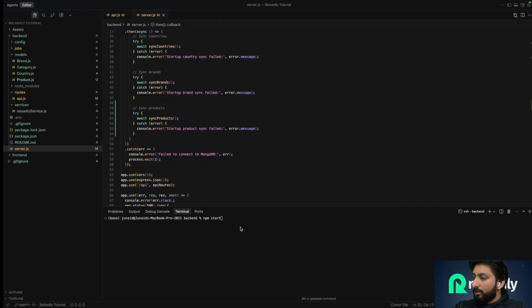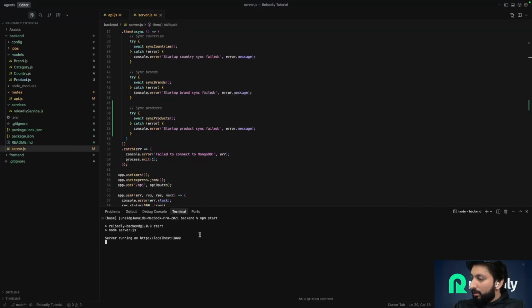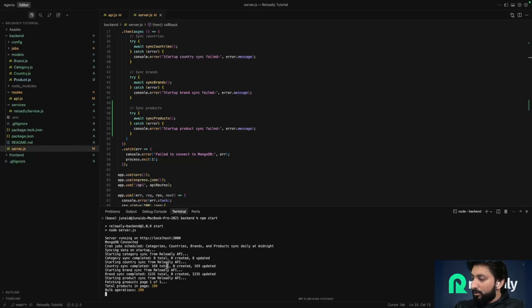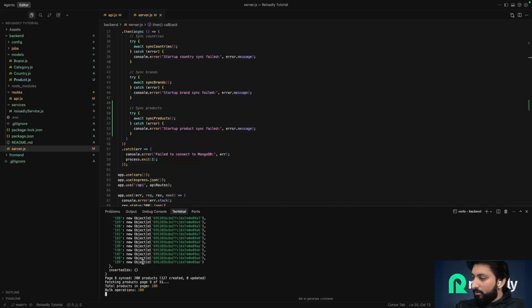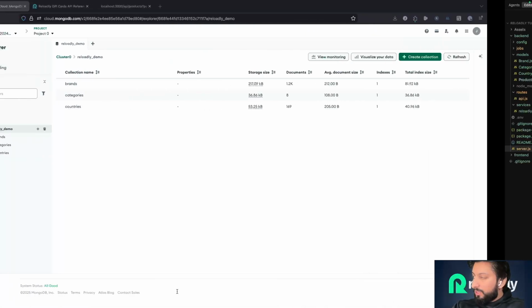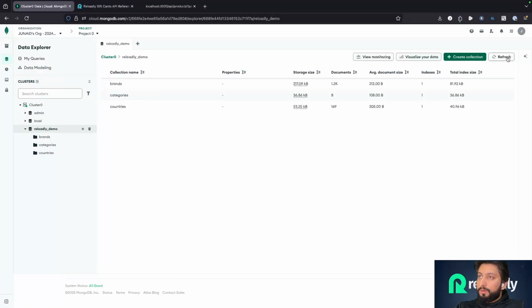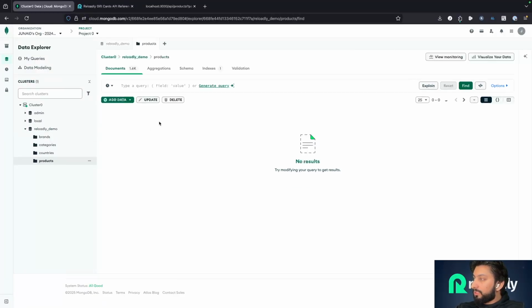We don't have products. So I'm going to start the service again, and this time, as those booleans are true, it will start syncing the categories, brands, countries, and the products. So we're fetching the first page, and then we're fetching the second page, the next one, and so on. And this product sync was completed, and if we now refresh, we will see a new products collection, and we